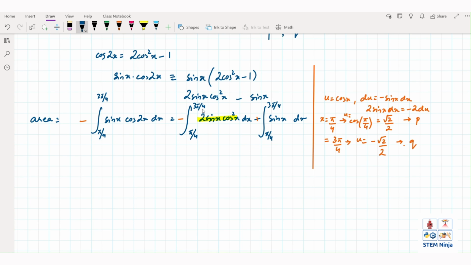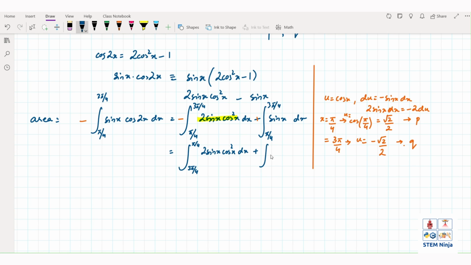Now, since we know that the value of u is higher at the lower value, like root 2 over 2, more positive, and at 3 pi by 4 it's minus root 2 over 2, we can flip the limits also. So remember, in AS, we can flip the limits also. So we can go from pi by 4 to 3 pi by 4, 2 sine x cos squared x dx also,